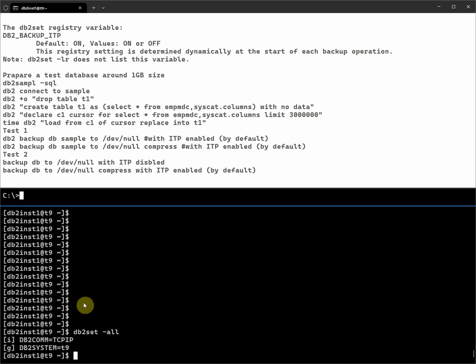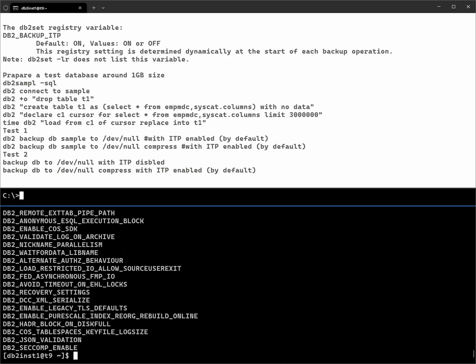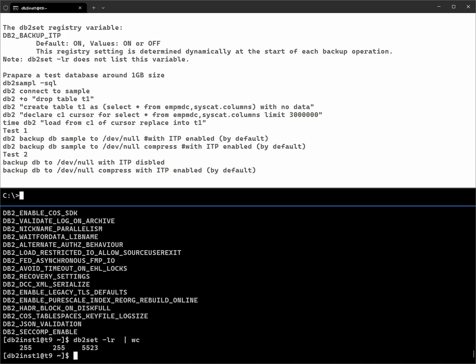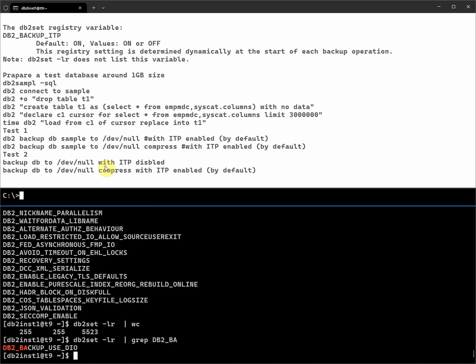You see, we don't see that parameters, right? As earlier mentioned, typically if we do run this command, we will list all the db2 registry. It is about like 100 something, 250 registry. However, we don't see that command called db2 backup. Okay, there's no command, no variables listed, so that means somehow they didn't put this to this command